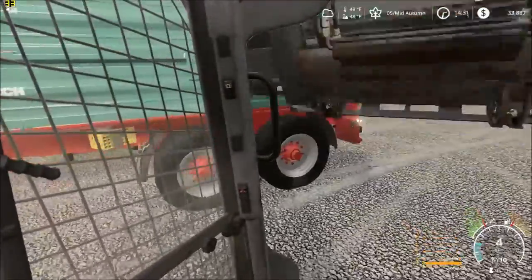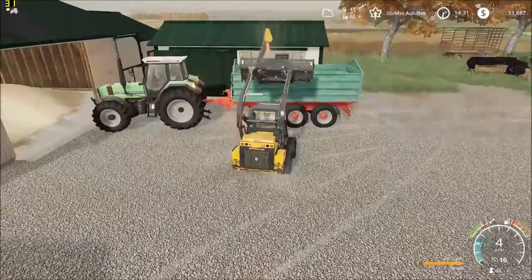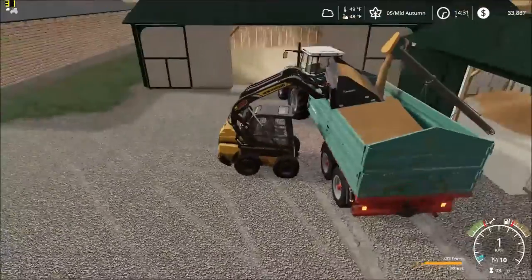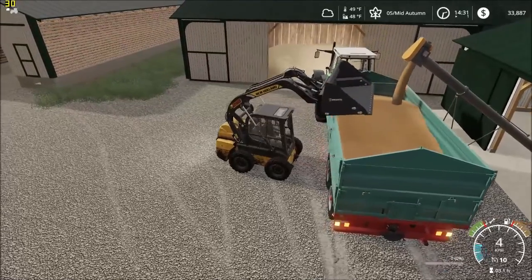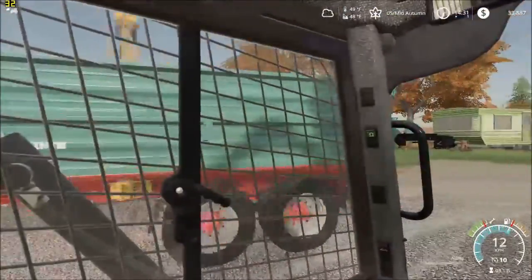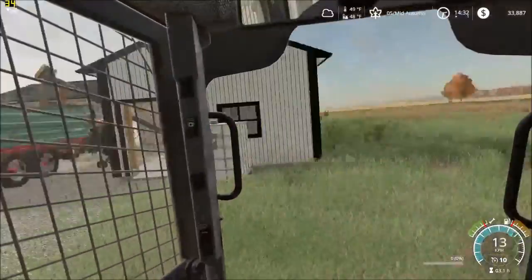It happened to me earlier where I was trying to get the trailer into the parking spot right next to the baler. And what ended up happening was the trailer actually sank into the ground, which was really weird. I had no idea why it was doing that. I was trying to fix it, and I couldn't fix it. In the new map, however, it seems to...